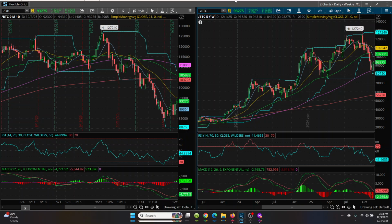Now today I traded the BITX. Very, very good trade. That's a 2x leverage fund. You can also do the IBIT. I didn't do any on the short side, BITI, because it just wasn't there. But this was a good short trade right here because we had that topping tail. Then once we lost that low, that was the time to jump right on in, and we had a nice